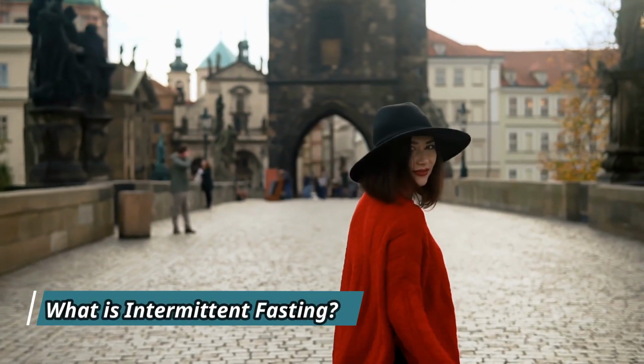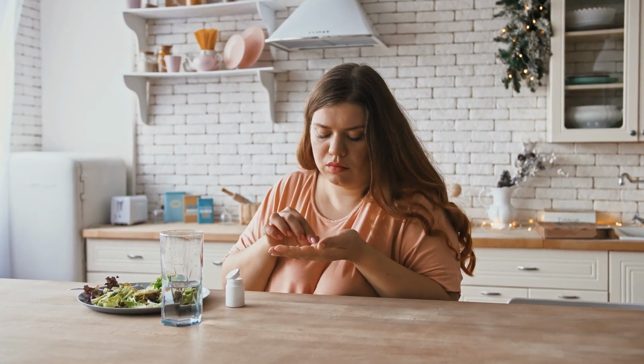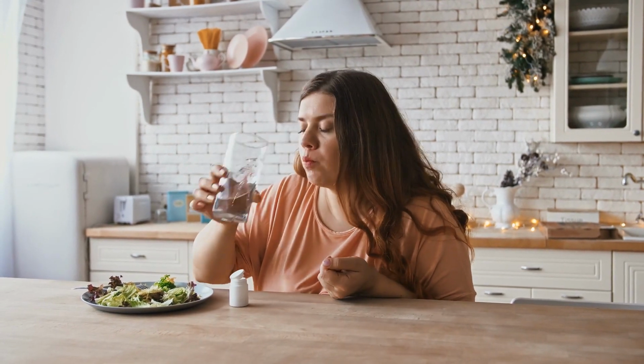What is intermittent fasting? Intermittent fasting is an eating pattern that involves periods of fasting followed by periods of eating. There are several different methods of intermittent fasting, but the most popular ones are the 16/8 method, the 5-2 diet,